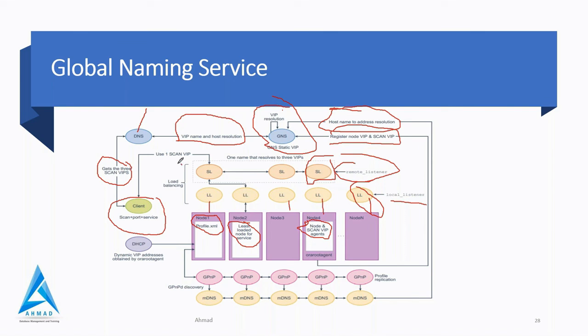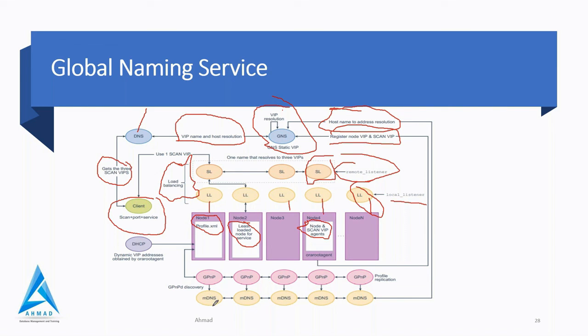So that is basically how load balancing is used. There is one repository where your node loading information is available, and according to that repository, the local listener knows that my node is less loaded, so it will tell the SCAN listener, boss, I am the least loaded node, so give me the connection which you have. Then the SCAN listener will transfer the connection to the local listener, and then the local listener will establish a connection with the client. So this is the way it works.